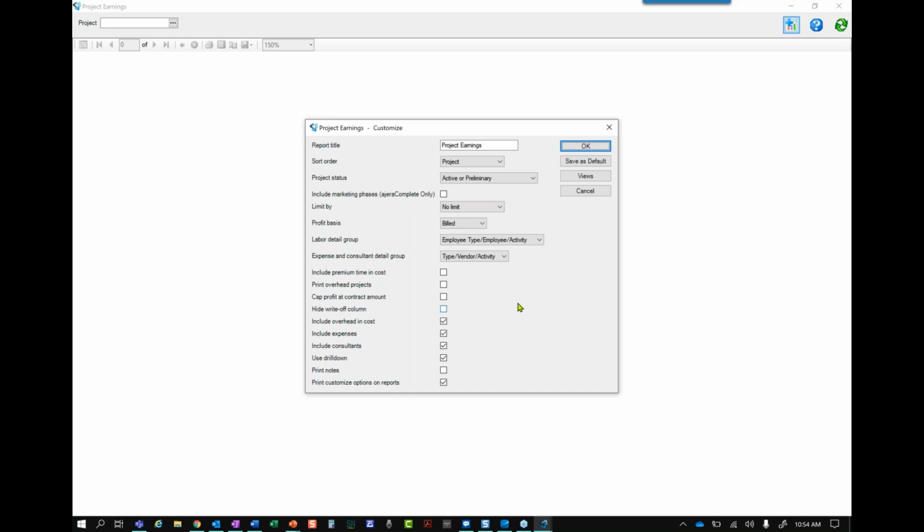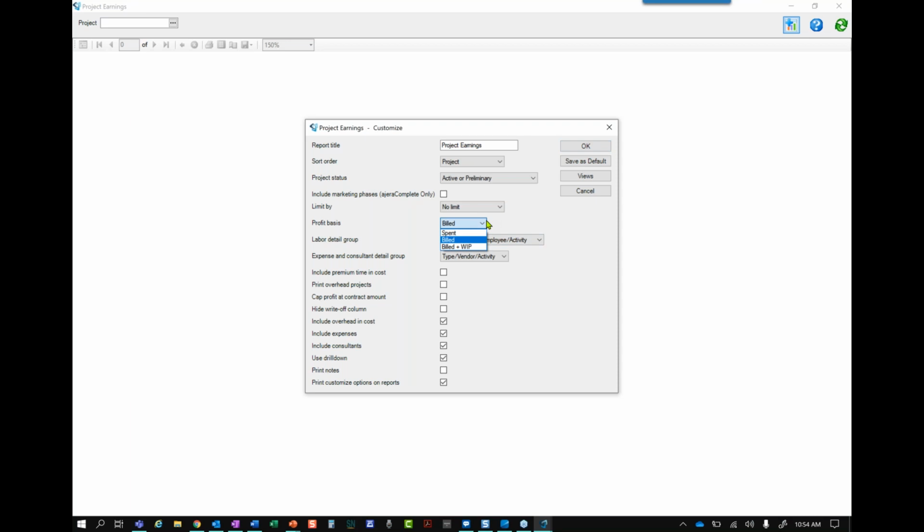A good example is that this report uses a profit basis. So it shows profit, but you get to select the basis that profit calculation is derived from. And we've got some choices here.